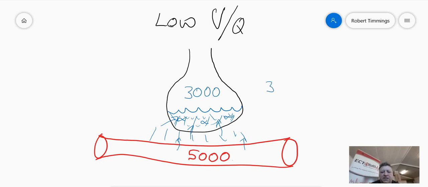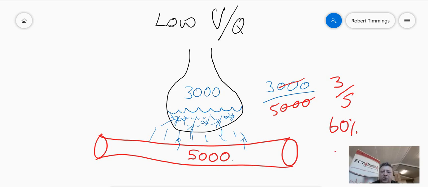In those circumstances, you would say that there is a ratio of 3,000 to 5,000, reduced again mathematically to 3/5, which is 60%, which is the same as saying 0.6. When somebody's got a low VQ ratio and it sits down around 0.6, you can see that there is